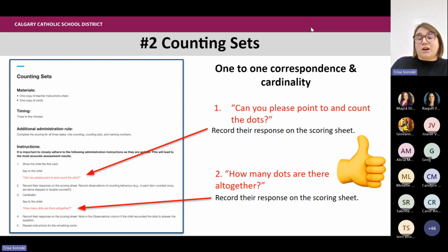One-to-one correspondence and cardinality are really foundational skills for learning numeracy as students move up into grade 1 and 2. And kindergarten is a really ideal space to build these counting skills, and this understanding of holding numbers in our head. So again, thumbs up for this one. I think this is a good and very age-appropriate assessment to see if our students have those.